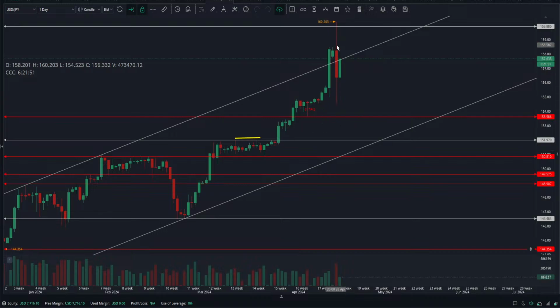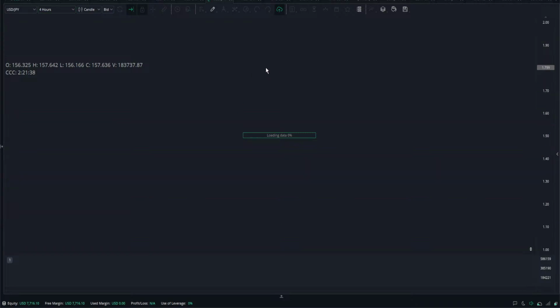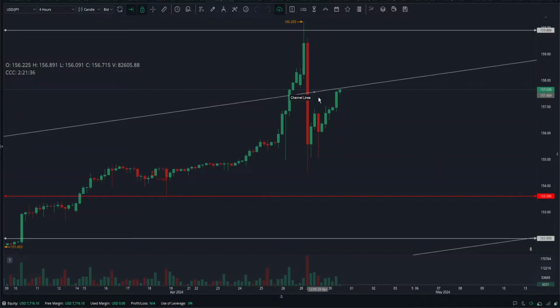USD JPY, yesterday there was a bearish engulfing, and now today the price is rising. I think on the daily we cannot say anything, but on the 4-hour there is clarity that we should be looking for the selling opportunities in the USD JPY. Although the US dollar is very bullish today,